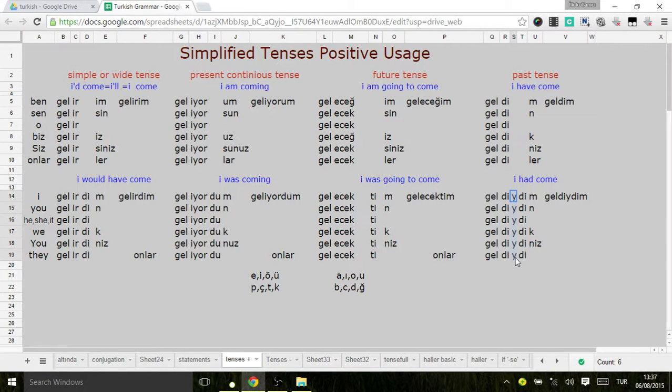Here normally it shouldn't be any buffer, but of course there are double past tense suffixes. That's why this language puts, to be able to separate them, a Y buffer in between them. Y buffer, we call it simple buffer. Simple buffer means if it's not extended nouns, then this buffer comes everywhere if needed. Anyway,